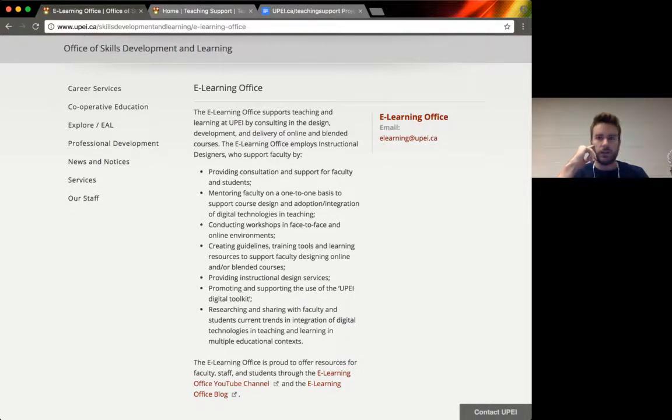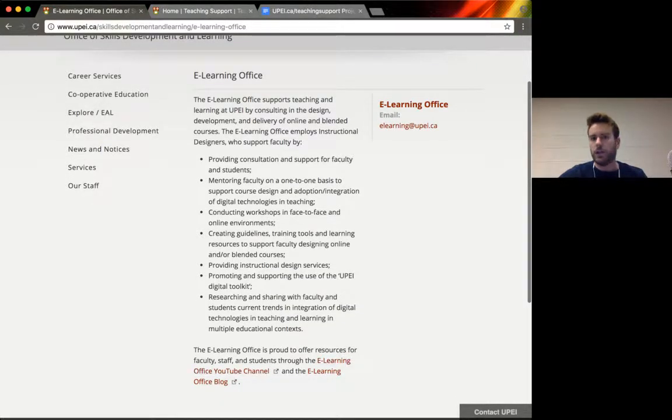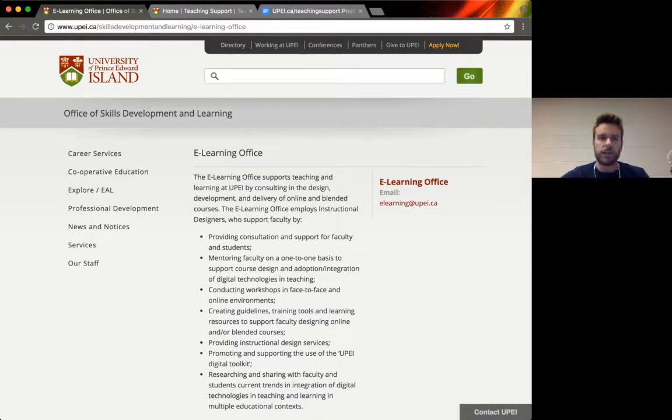We end up doing a lot of consultation for students, but that's not really a focus of the office the way that it was. We're much more focused on providing faculty support, and that's a clear kind of delineation that we want to try and focus to emphasize the fact that we do pedagogy support. So we're mostly here to consult with faculty, but this is what our website says. We have a couple links at the bottom. We have a shared e-learning email account. One of the big problems with this setup is